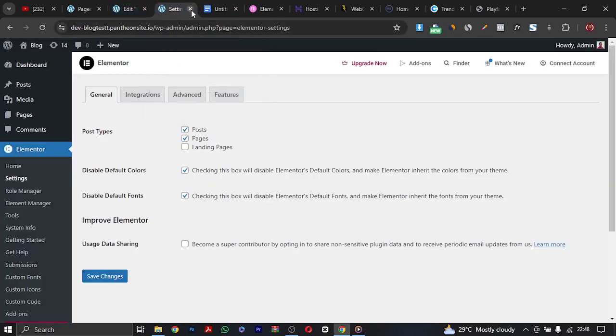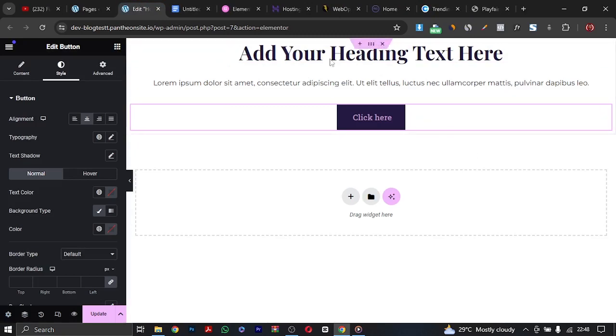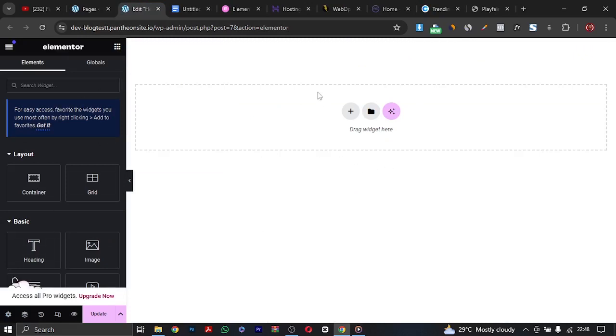Okay, so let me close this out first of all. Let me close all of this out and let's start from scratch again. So what we're going to do is to try to practicalize what we've learned. We've seen everything we need to know about Elementor, both the elements, the global settings and everything. We've seen all of that. So let's just try to do something right now. Probably create a hero section, and I'll show you how to import and export templates and wrap it up for